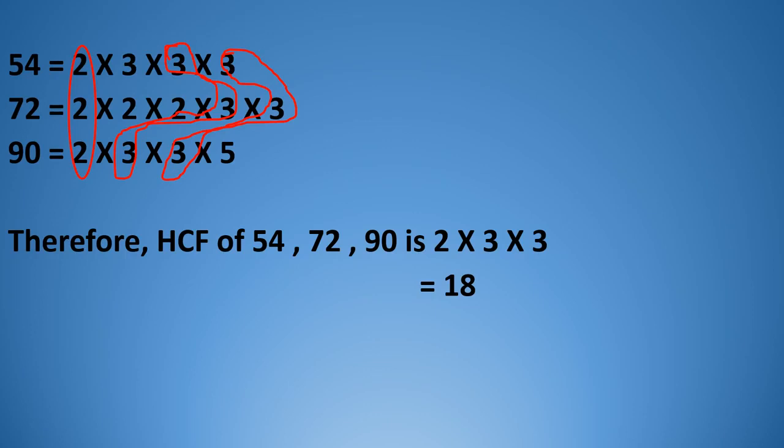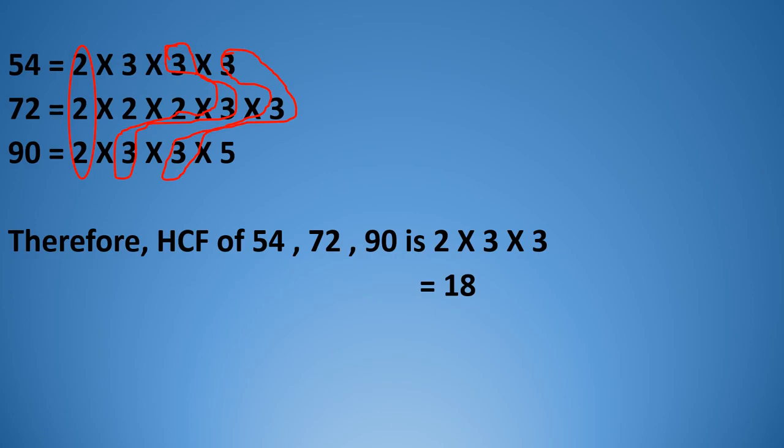We have to see the common factor which is present in all the three numbers. See 2. 2 is present in all ones. So we will take 2. We have to take it the least number of times. In 54, 2 comes 1 time. In 72, 2 comes 3 times. And in 90, 2 comes 1 time. So the least number of times is 1. Either you can check it this way also. So we will write down 2 once, or make the pair as I have made.